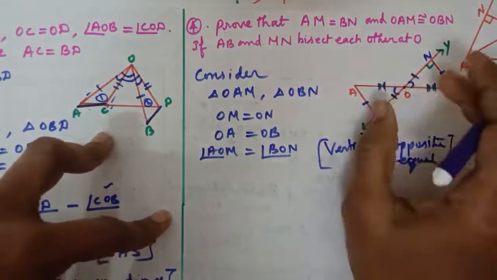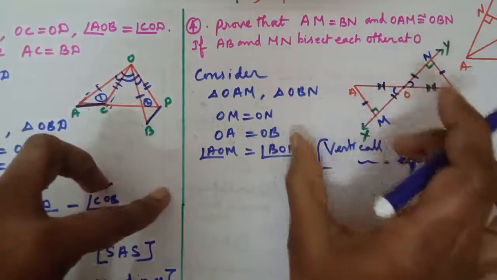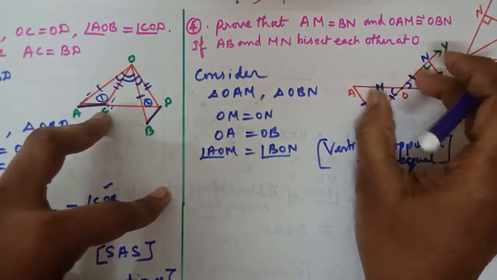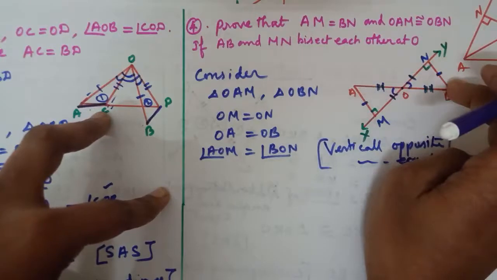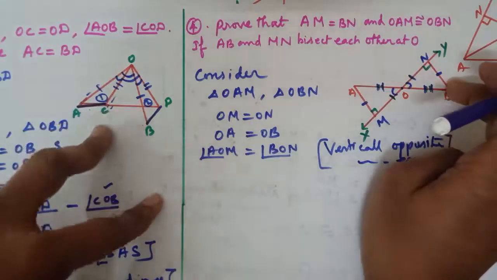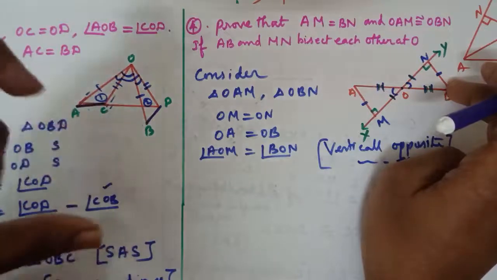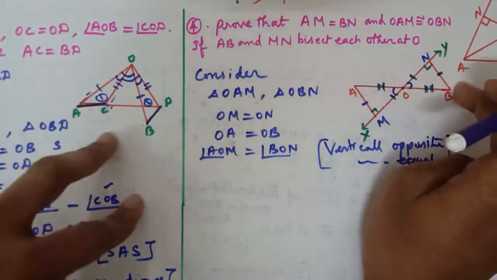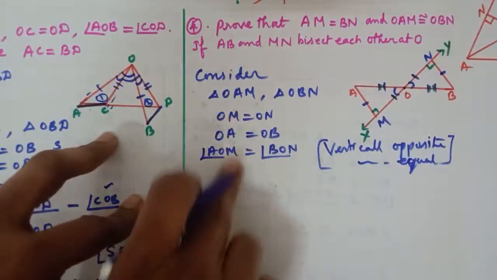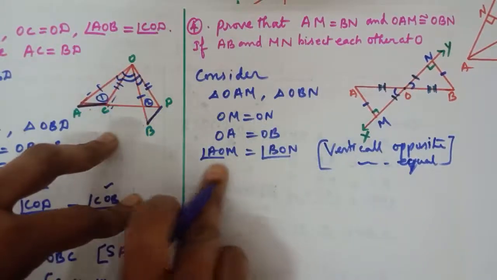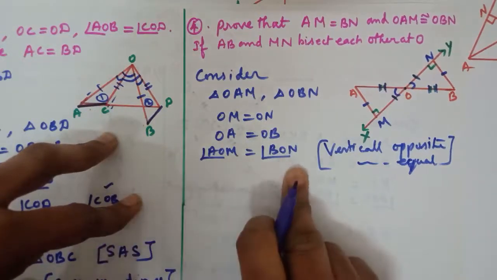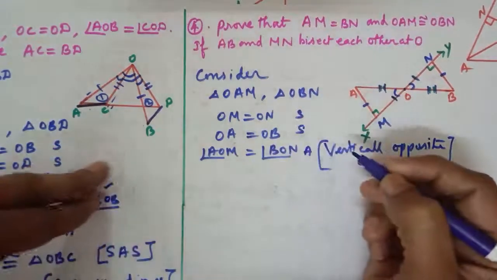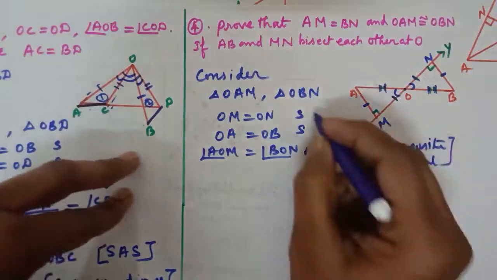Here I have written these three steps. Why? Because we have to prove these two triangles are congruent. If we prove these two triangles are congruent, then we can say this side is equal to this side by corresponding sides are equal. That sentence is there in your theorem. So by using that we can say AM is equal to BN. Is it clear? That's why here I have made these two triangles congruent. Now we have proved these two triangles are congruent. How? This is side, this is side, this is angle. So using SAS.